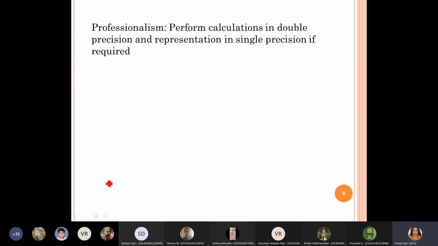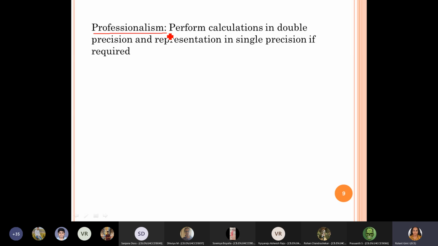And the professional way of doing it is to perform the calculations in double precision, and then finally give the required result in single precision. So naturally you maintain 16 decimal digits till the end of the calculation, where the cumulative round-off error introduced at every stage is less. And in the final stage alone, you cut off the excess bits and round it to a 32-bit number, right?